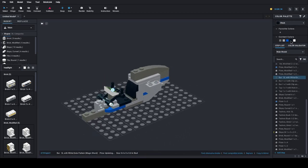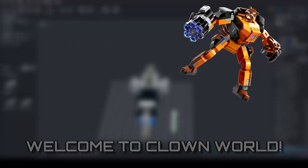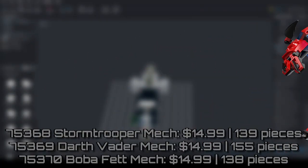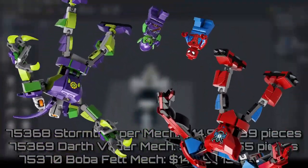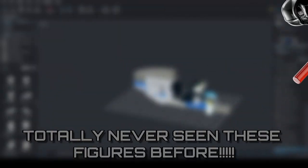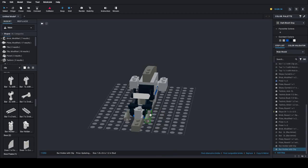I'm going to tell you what they are. Are you ready? Are you sure you're ready? LEGO Star Wars MECHS. Sets 75368, 75369, and 75370 will be a Stormtrooper mech, a Darth Vader mech, and a Boba Fett mech, respectively, all for $15,